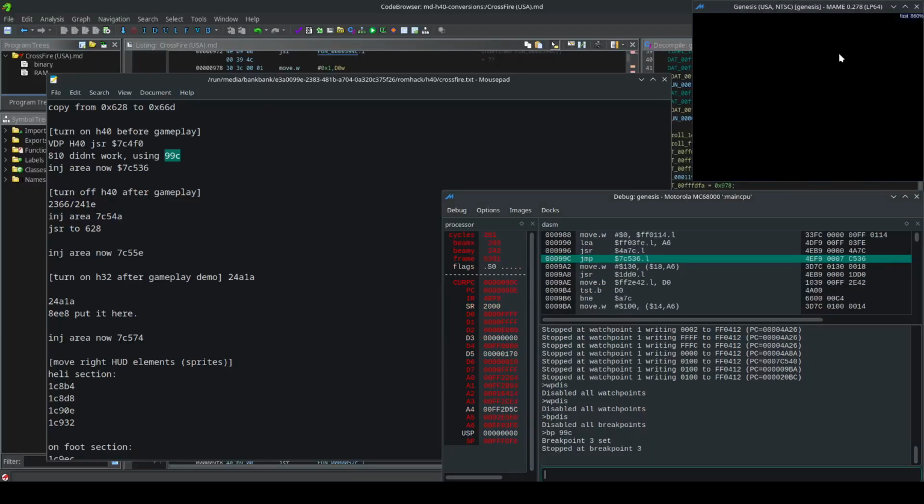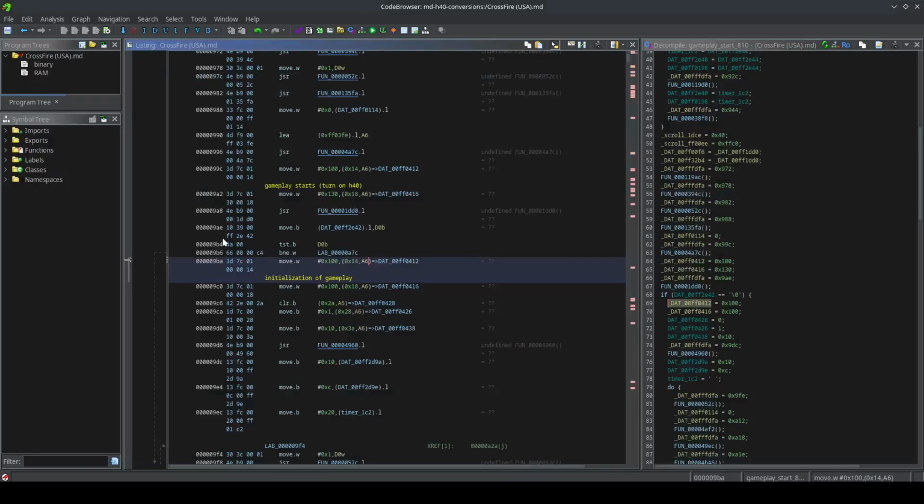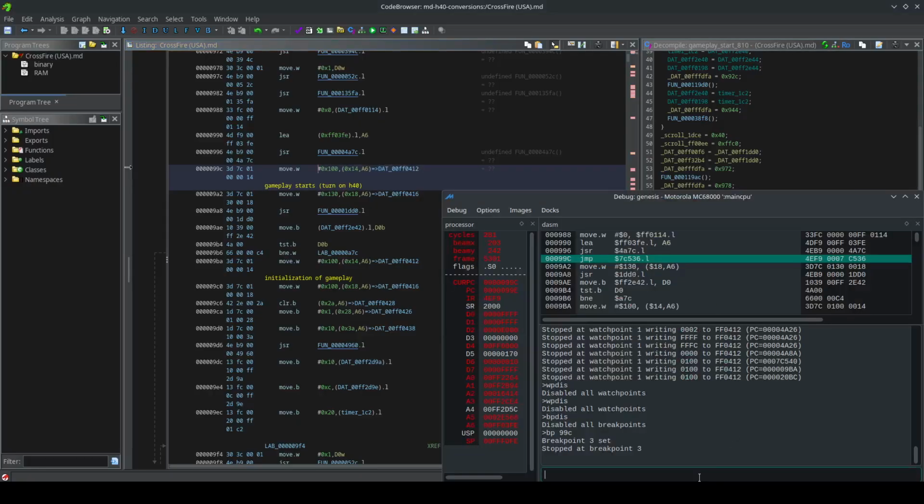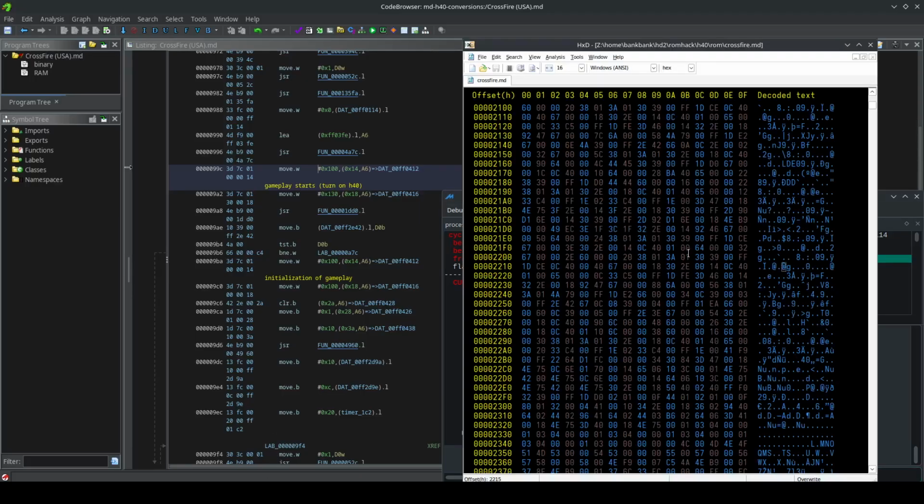It's only going to break at this black screen. Great. So in the original code, 99C moves hex 100 into this address. In our code, where I've put this injection, we're jumping to this address, which is at the end of the code with all the